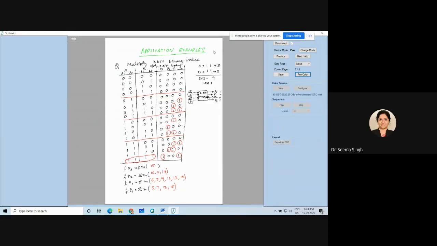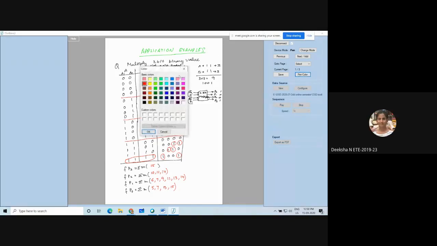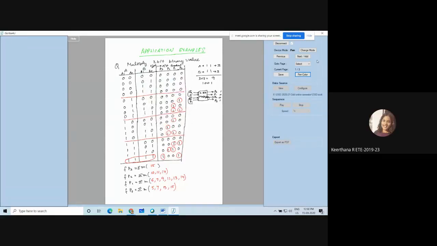I don't want you to solve it using K-map. You can solve it using the QM method, or you can solve it using K-map. Now, do you want to make a K-map for the P3 function? No. Why? Because you'll get A, B, C, D as the answer. Sorry, A1, A0, B1, B0. You should tell that only, right? Yes, ma'am.